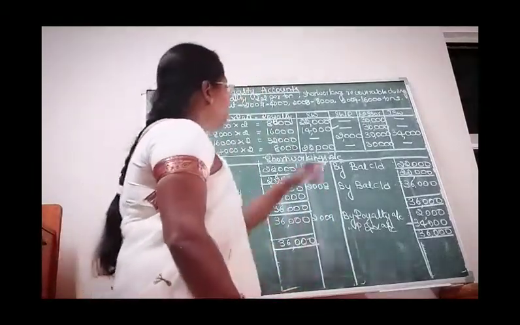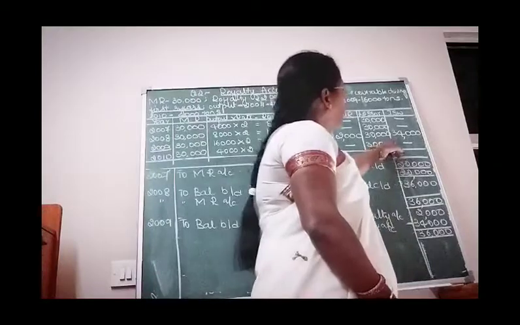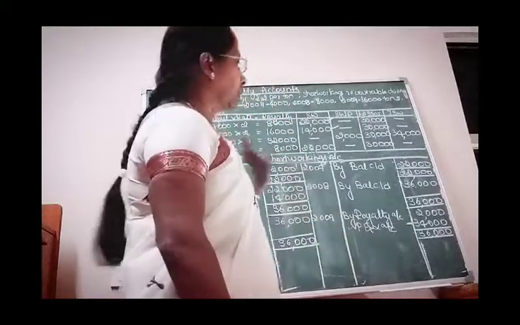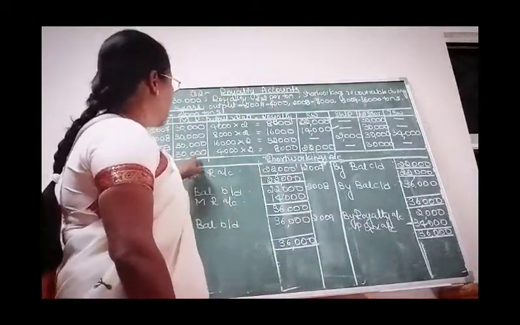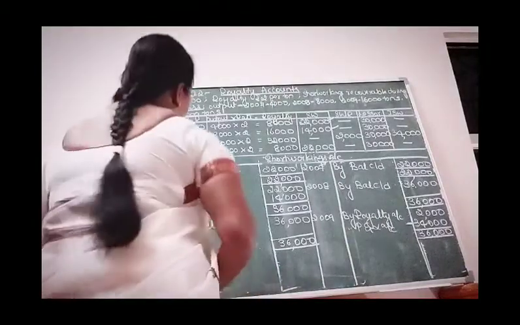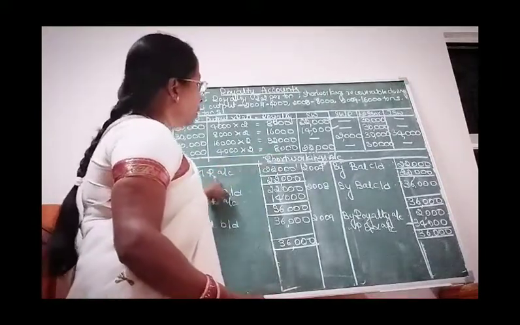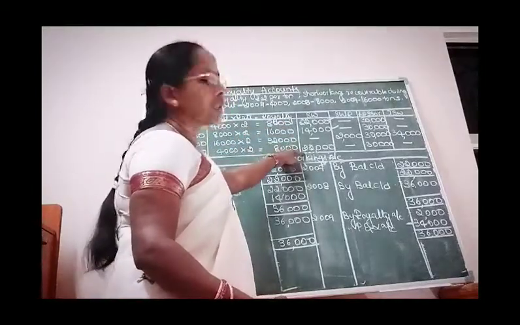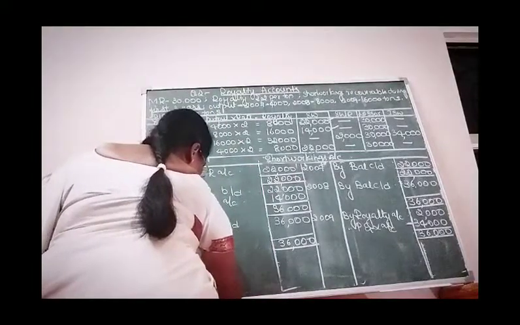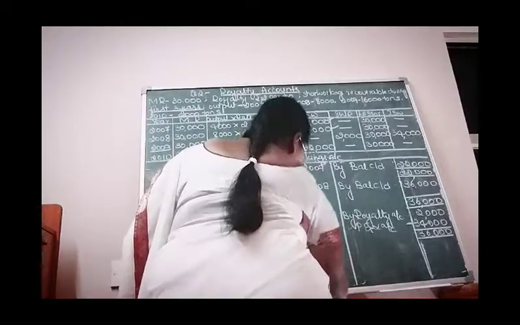Hope you understood. 2,000 is recovered from royalty, so write for royalty account, right? And 34,000 is not recovered, it is irrecoverable. That will be transferred to profit and loss account. Now in the last year, 2010, it is similar to that of first year only. Because in the first year also we had short working, last year also we have short working. They are same. So you can write to the debit side as to minimum rent account for rupees 22,000.